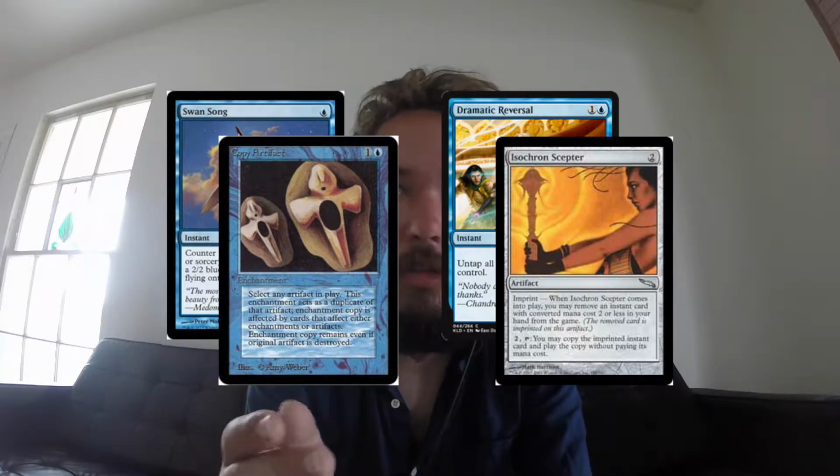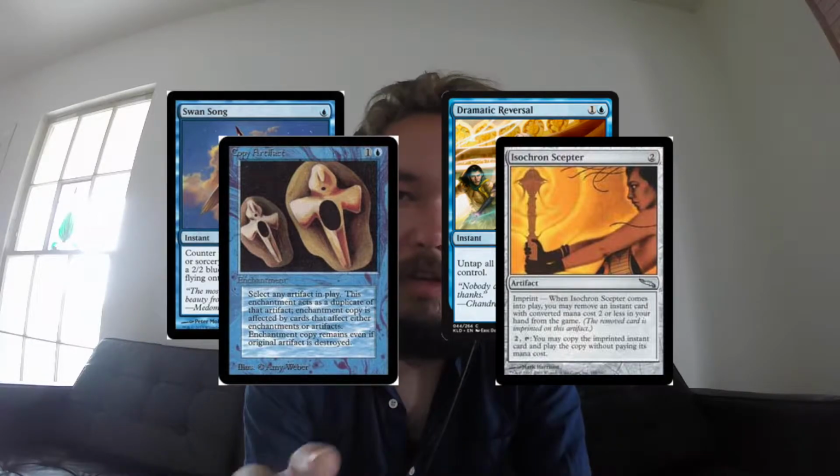And those cards are just, a lot of the deck lists I build, these are very common cards to just throw in, because Swan Song is a really good counter, and Copy Artifact, I mean, you can hit Blightsteel Colossus or something sometimes. So you don't have to really commit any more cards than you would want to for this combo. So this one just works by, you have Isochron Scepter with Dramatic Reversal on the table, and you